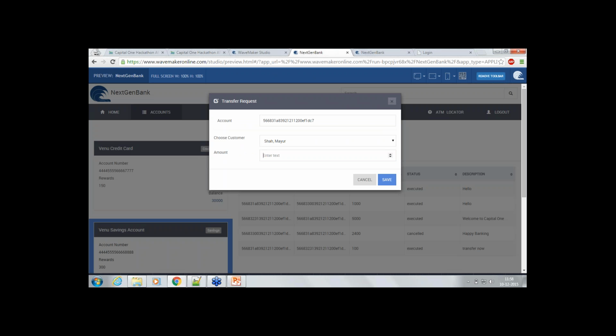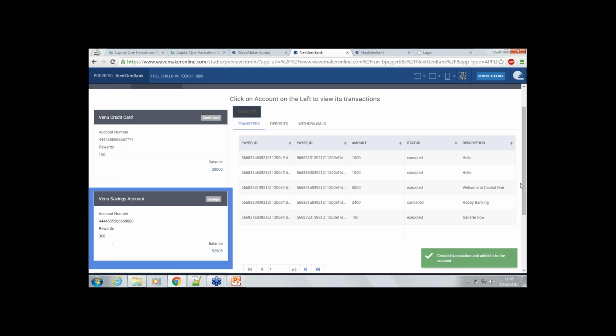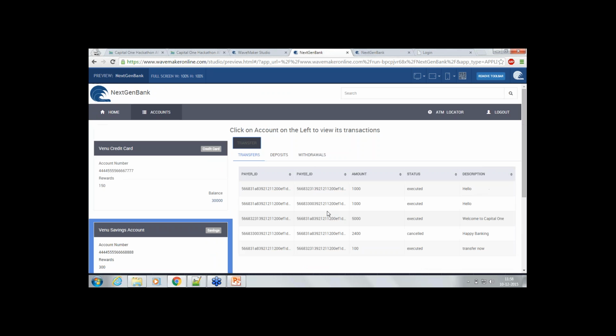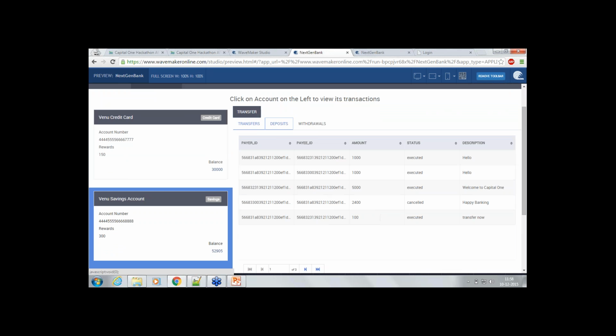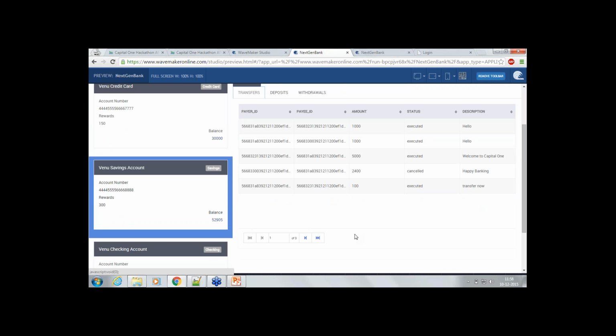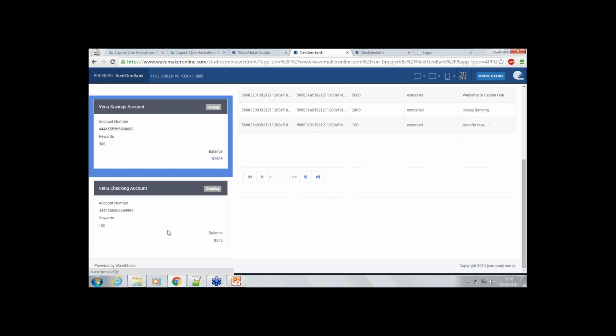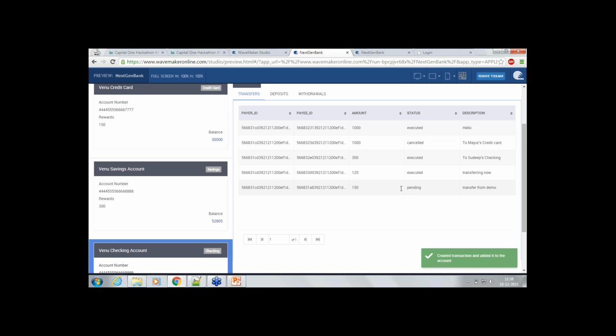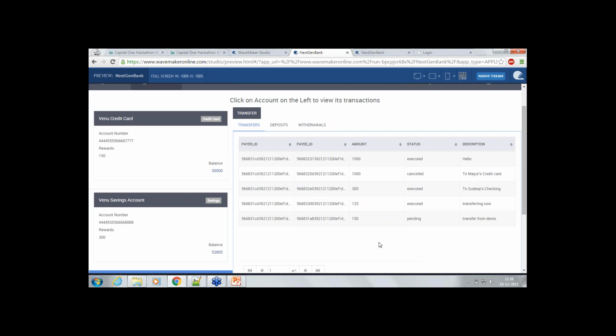You choose the customer. Let's say I want to send it to Mayur. I want to send it as $150. So now, if you look at the transaction, I think, yeah, it's still pending here. So you see that the account is now pending status and it will automatically get credited once the account is